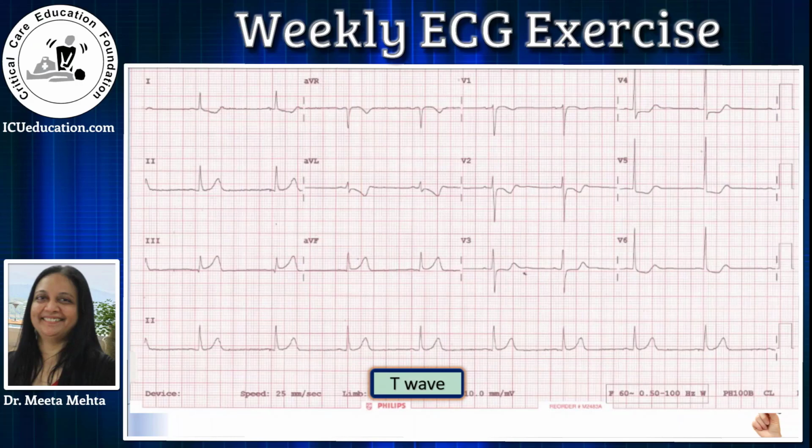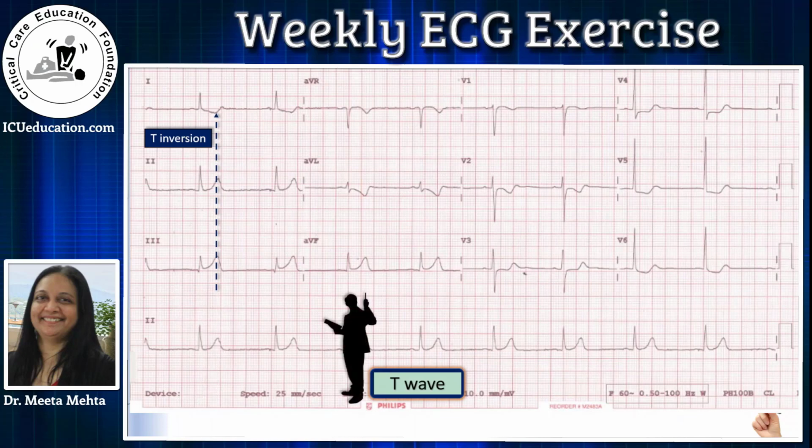So let's compare our T wave inversions in first set, that is lead 1, 2, 3. Here you can see that T waves are upright in lead 2 and lead 3, but there is STT in lead 1. So let's see whether there is a T wave inversion here. For that, we will draw a line from peak of the T wave. Say we start from lead 3, and if we draw the line, there is definite T wave inversion in lead 1. Let's see in our next set of AVR, AVL, AVF.